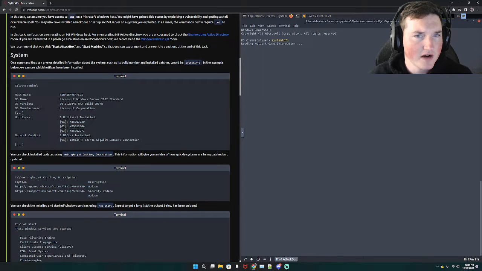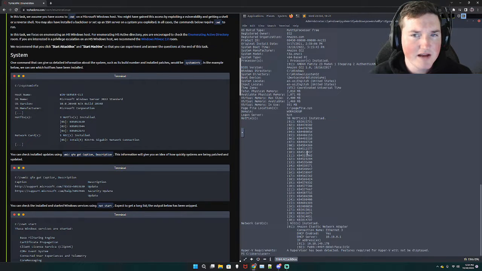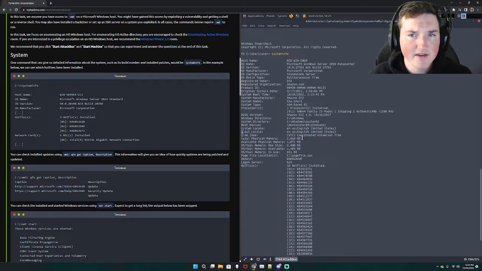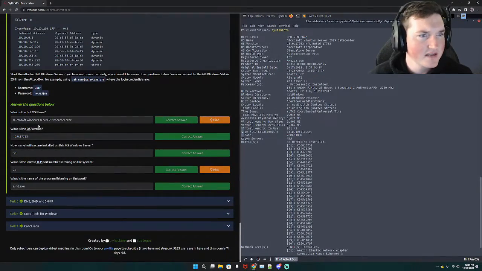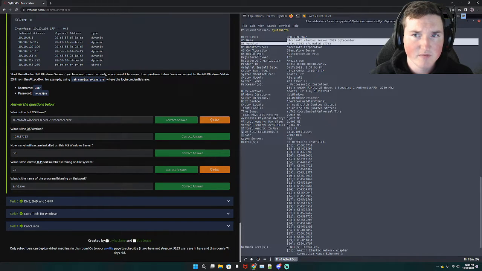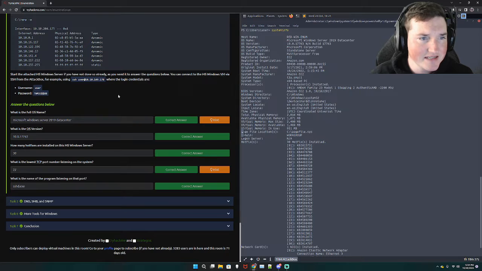Right? And you can see there's a lot more to it than that, but yeah, there it is. So now we'll say, what is the version, the full operating system name? And there it is, OS Name, Microsoft Windows Server 2019 Datacenter. That is the full name. Now, what is the operating system version? And you can see the version right below it,